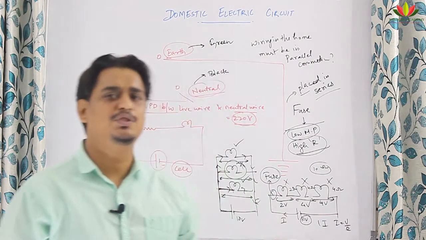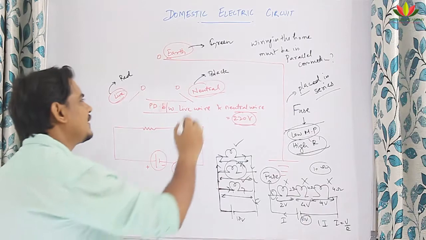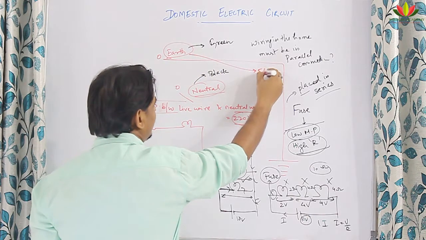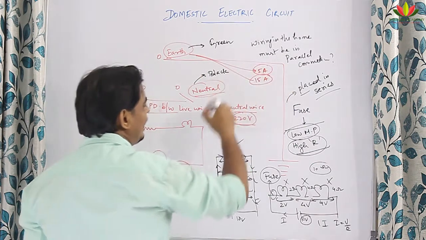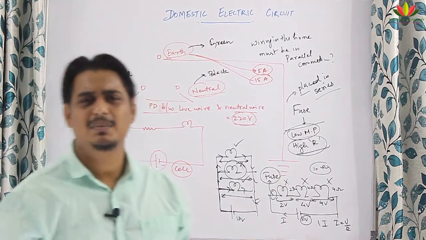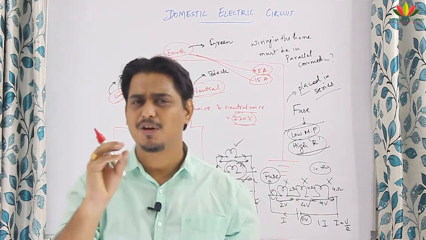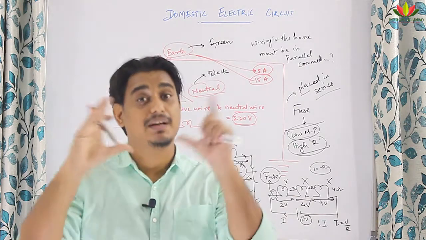One more thing, the current that we give in the home will be going into 2-3 different connections. So, the current goes like, a 5 ampere connection is there, and we have a 15 ampere connection. So, why are they doing this? A 5 ampere connection is where the load is low. If you have seen in your home, some points will have a smaller size of plug, and some will have a bigger size of plug.